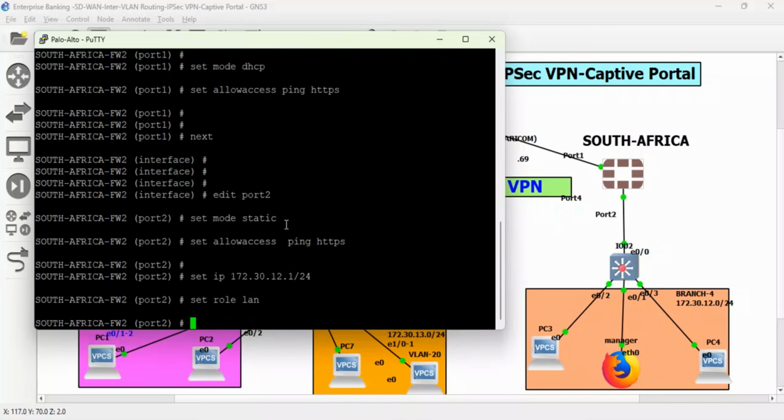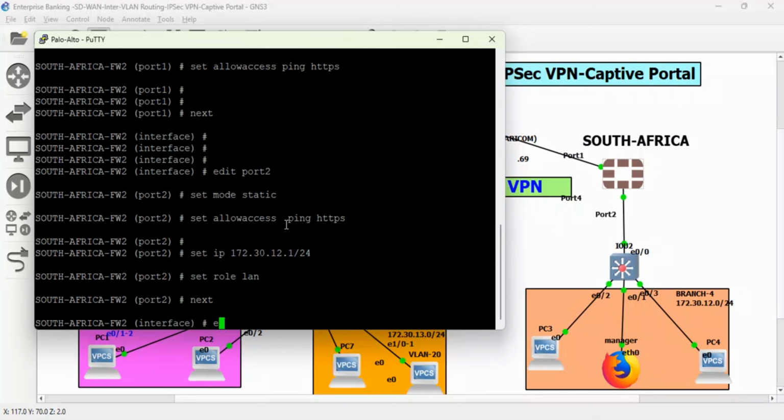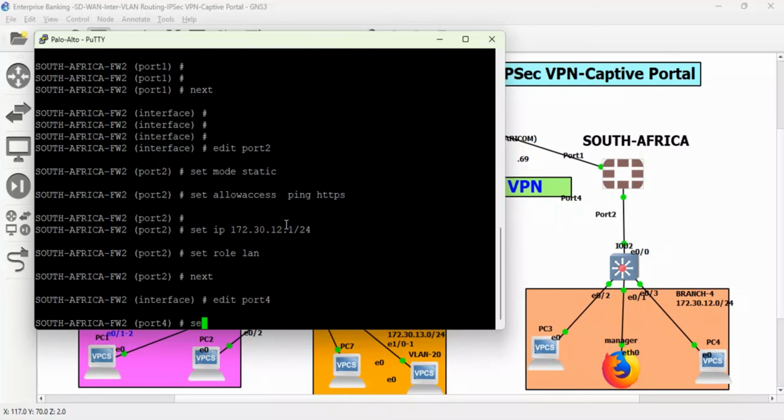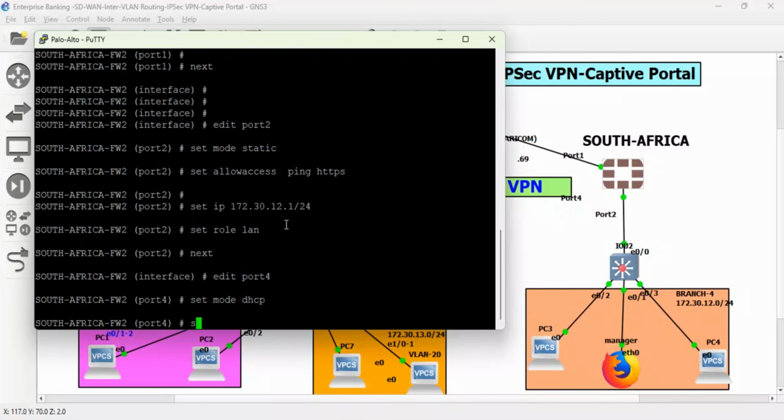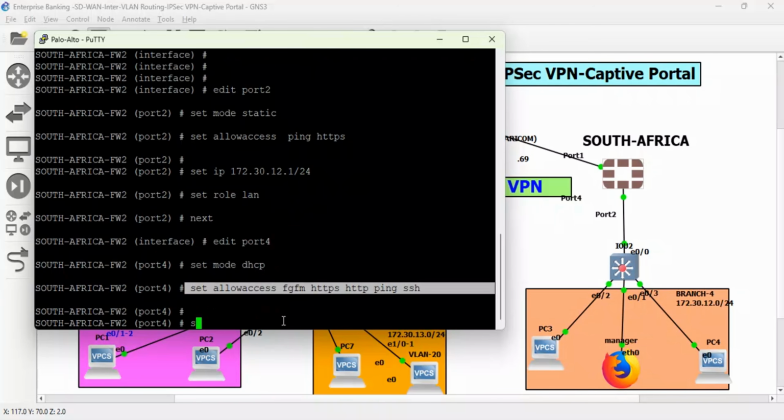So at this stage, we move to the next port, edit port 4, that is the management port now. Set mode DHCP, set allow access FGM, HTTP, HTTPS, ping, SSH. So that is it. Remember the first firewall, I failed to include this particular command. I was not able to access it via the web. So that is a crucial command. Set alias